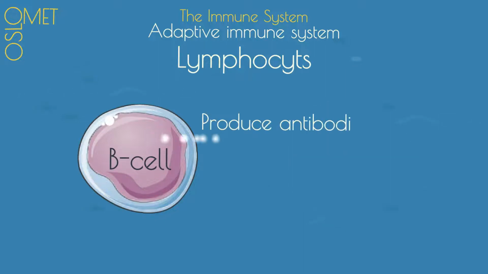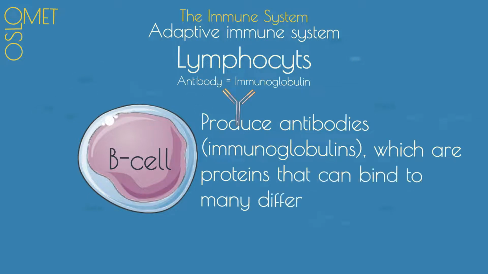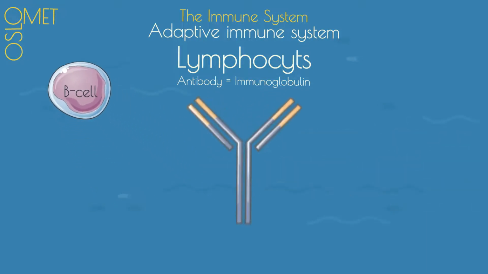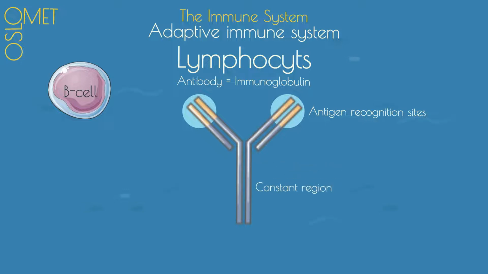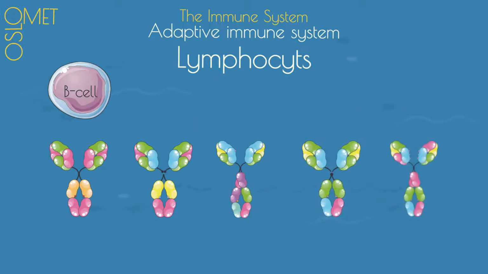B cells produce antibodies, also called immunoglobulins, which are proteins that bind to many different kinds of antigen. And all antibodies have the same basic structural components, 2 heavy chains and 2 light chains. It has the antigen recognition sites, and the rest of it is called the constant region. And there are 5 major types of constant regions, which determine the isotypes of antibodies as IgG, IgA, IgM, IgD